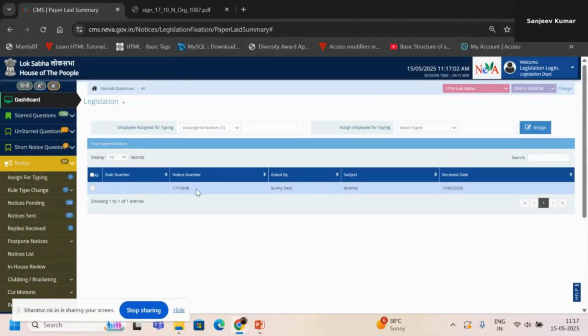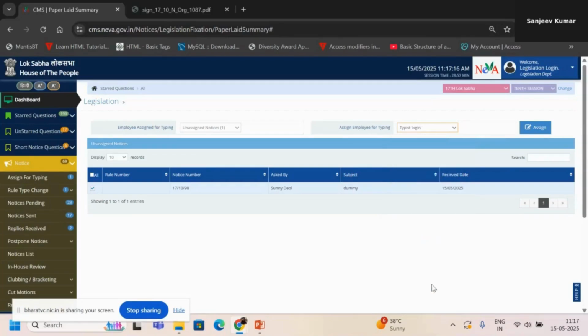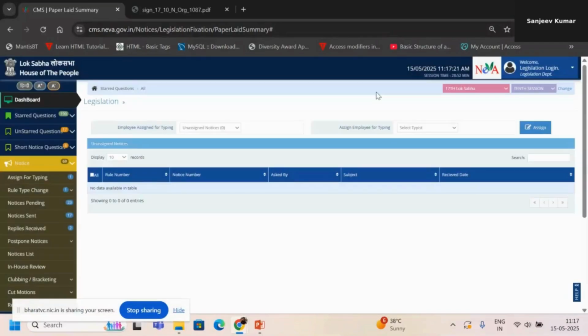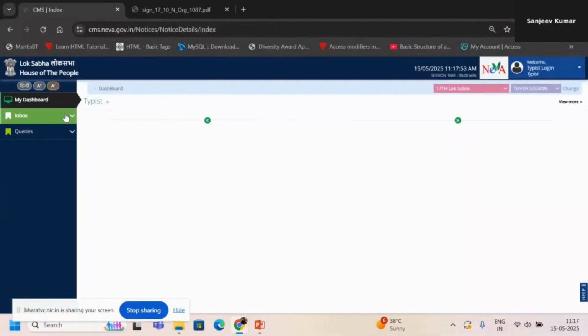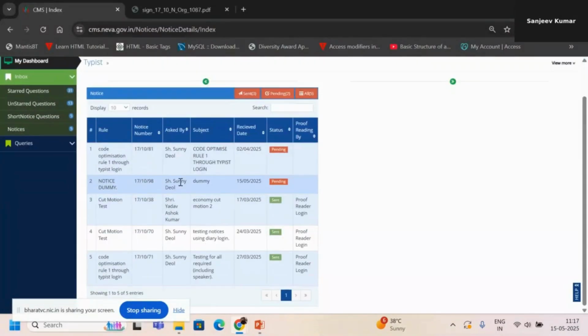So this is the notice that we created, and you will get this in assign for typing. From here, you can assign a typist for your notice. For example, you gave it to the typist login, and then you assign it from the legislation section. So now you will get this notice. In the typist login, you notice that now we have this notice here and its count has increased from 4 to 5. So when you open it,